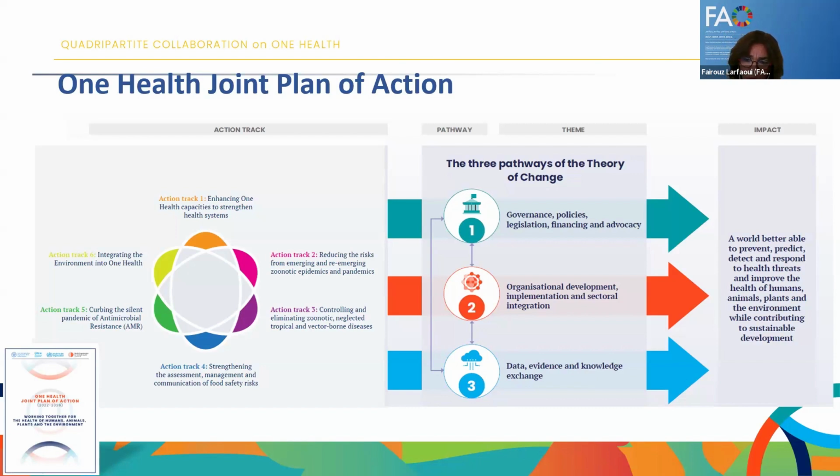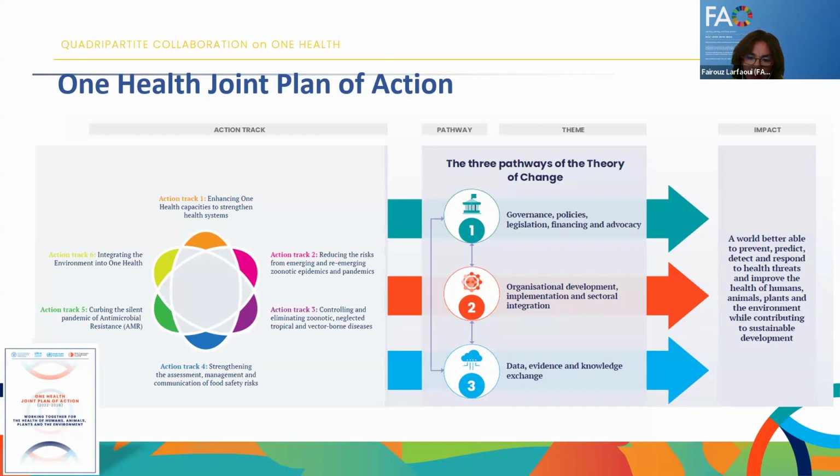And this is a very useful framework that really outlines, first of all, the commitment of the 4 organizations in working together in advancing One Health, but it also has the importance of this action plan, which is built around 6 interdependent action tracks. I'm not going too much into details, but it is important for you to see that these action tracks that you see on the left hand of the screen contribute to achieve sustainable health and food systems, reducing the global health threats, and to improve ecosystem management.